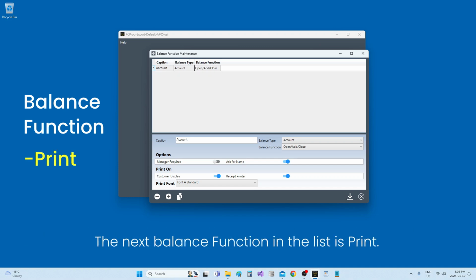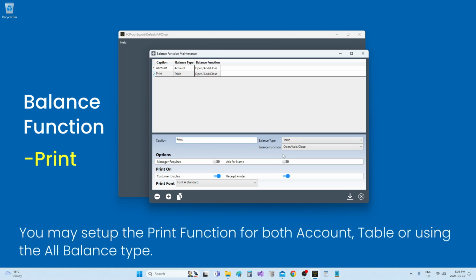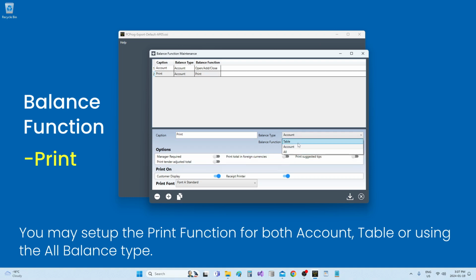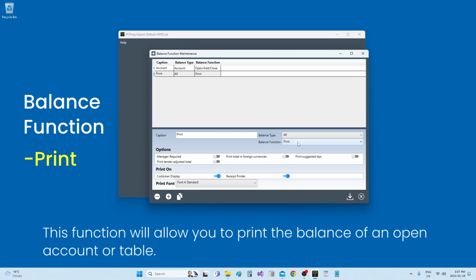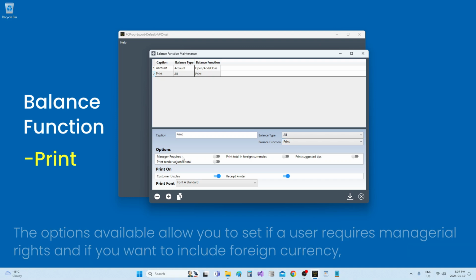The next balance function in the list is print. You may set up the print function for both account, table, or using the all balance type. This function will allow you to print the balance of any open account or table. The options available allow you to set if a user requires managerial rights, and if you want to include foreign currency,